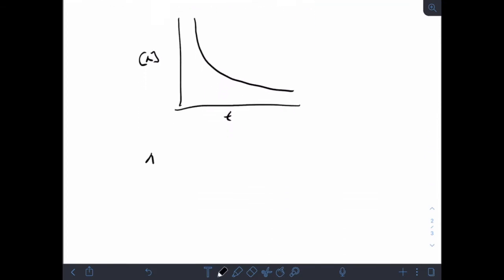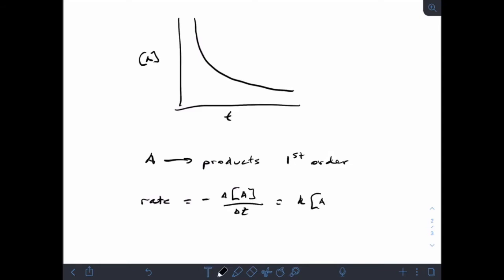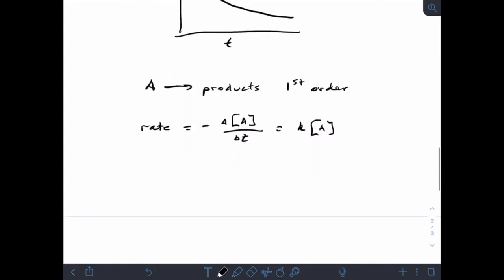So if I take a generic A goes to products, and I'm told that it's first order, I can say the rate equals the negative delta A over delta T, which equals K times the concentration of A to the first power. Right? So the rate law is also related to the rate of disappearance. Okay? So if I integrate that,